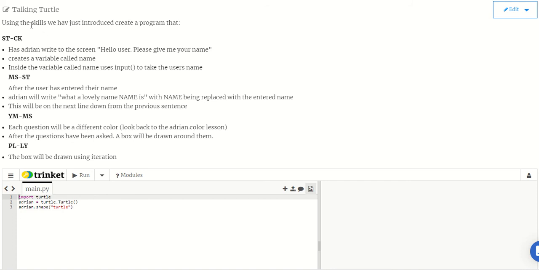Here you have your fourth assignment, the talking turtle assignment, with it broken down into some different things that you can do from STO and CK all the way up to PLLY. So the first thing that everybody should be able to do is get Adrian to write a message to the